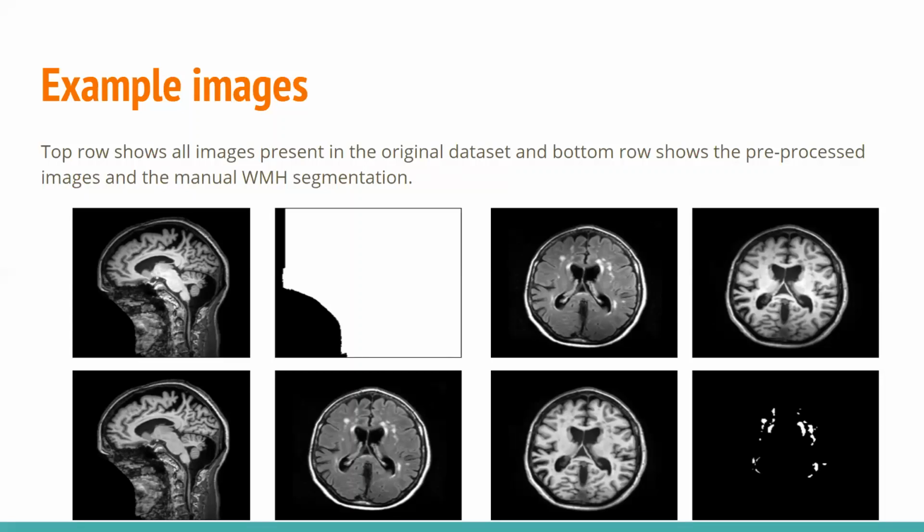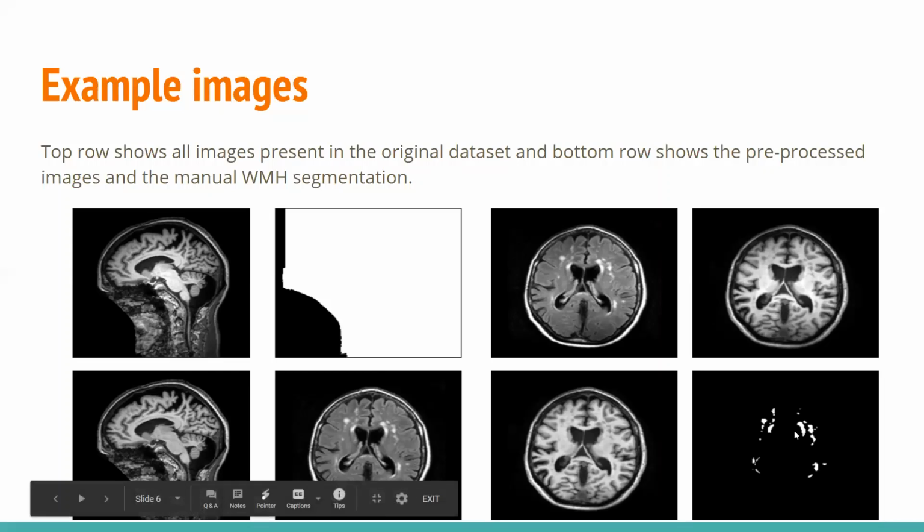That is, after pre-processing, we got the images in the bottom row, first, second, third images in the bottom row. So after segmentation of bottom row 3 images, we got the last image, that is this image. These white areas are our areas of interest of this challenge, that are hyperintensities of white matter in the brain.